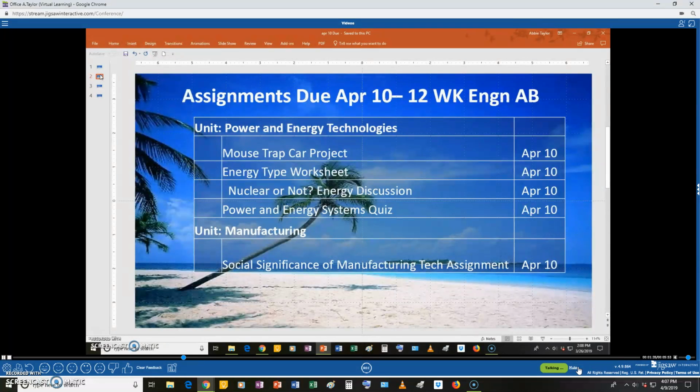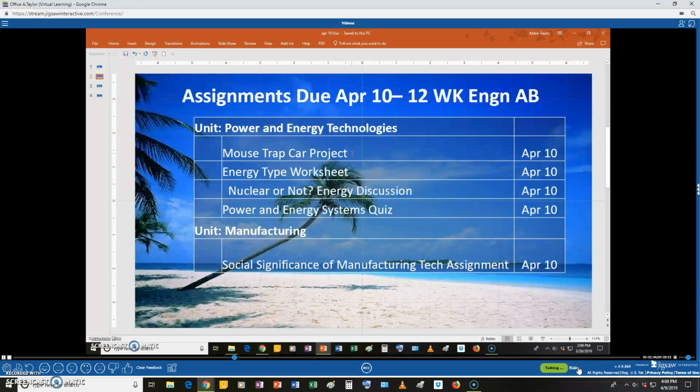Okay, the 12-week section. You are doing the whole power and energy technologies module. That is the mousetrap car project, where you're building a mousetrap car and you are testing it with different changes and noting the changes in each. So you finish the worksheet out and submit the information, including pictures, please. The energy type worksheet